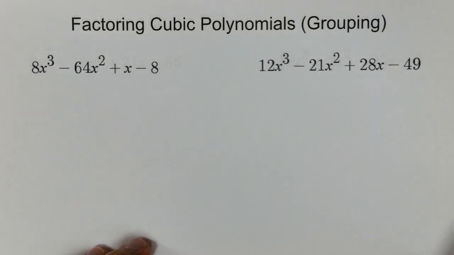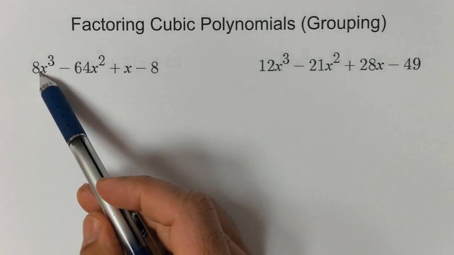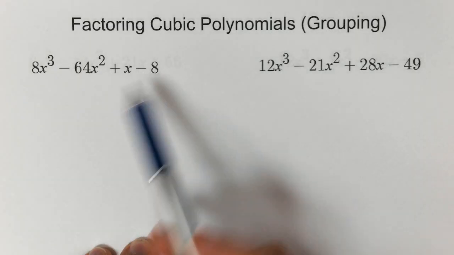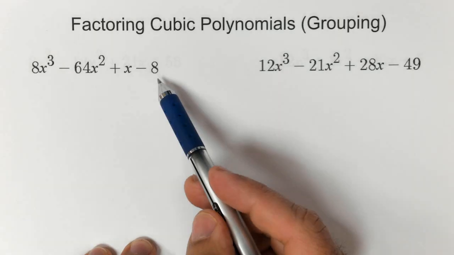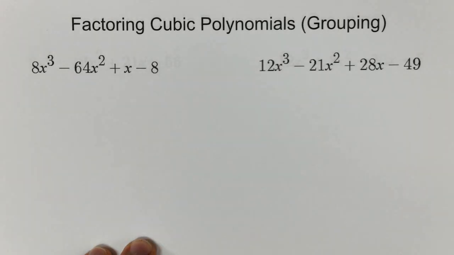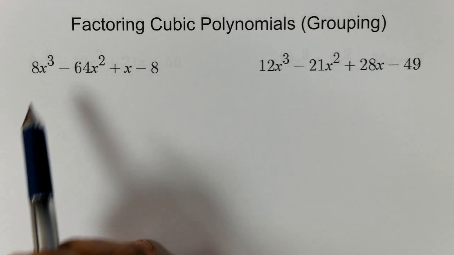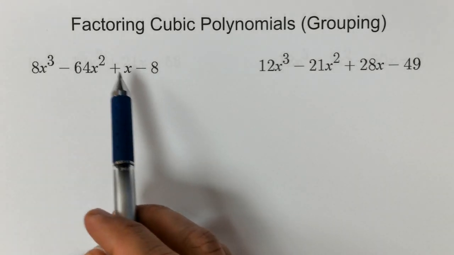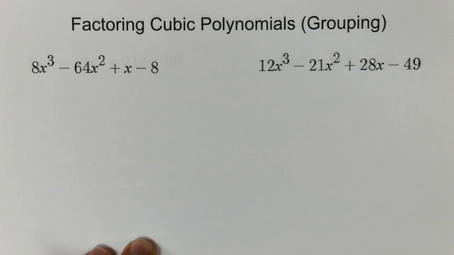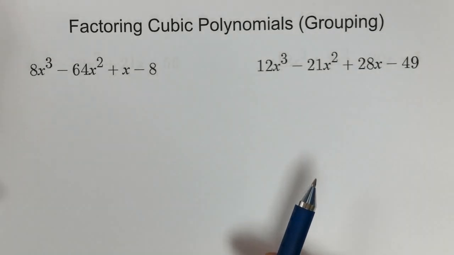So here I have two scenarios. I'm going to show you the first example on the left. The first thing that I want to do when I see something like this is to see if they're all divisible by a common value. Is there a greatest common factor between all of these four terms that I can take out? And no. 8 goes into these three, but not in the middle. So since they don't all have a common factor, what I'm going to do is separate these